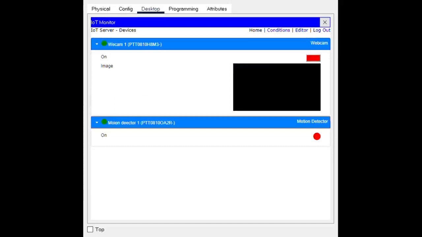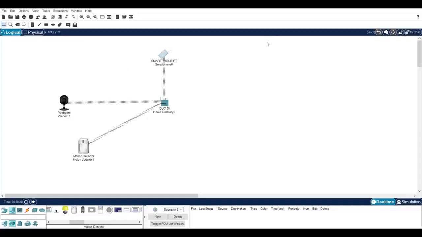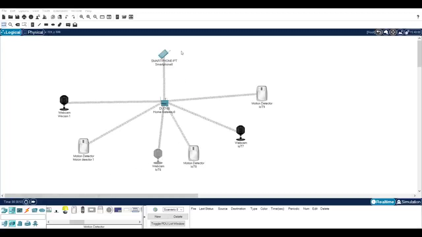Now we have to add two more webcam and motion detector by following the same simple steps. Now we have to do same with other two webcam. So we will add two more webcam to the workspace and two more motion detector, and name them as webcam 2 and 3 and motion detector 2 and 3.